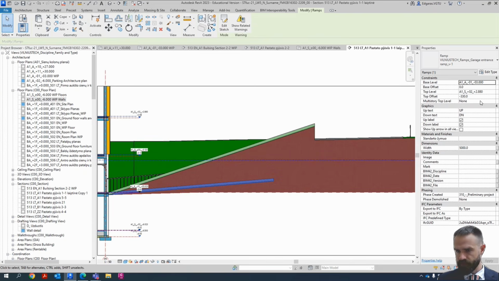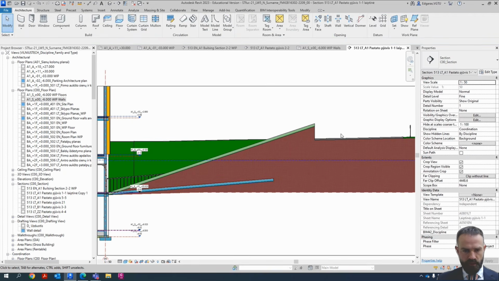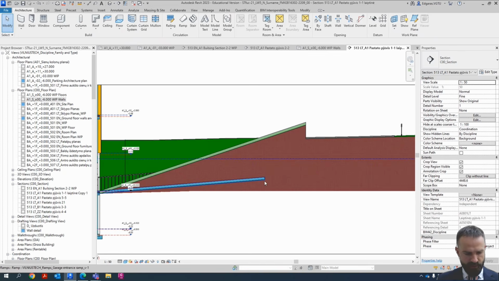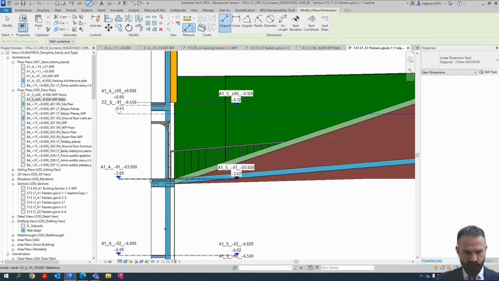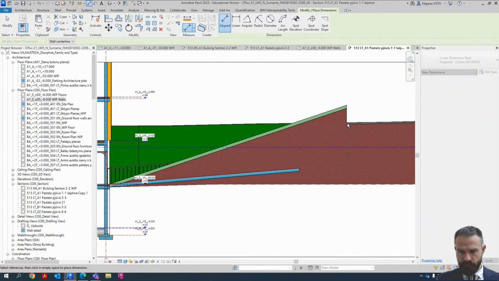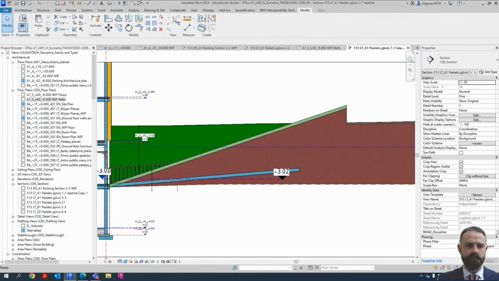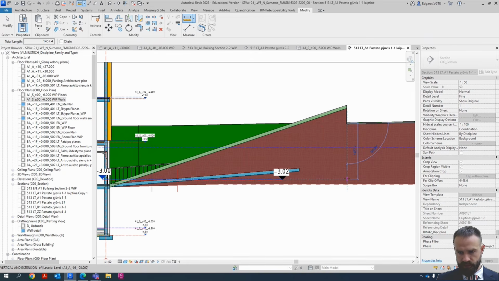So now for my ramp construction, I save to the program. So my ramp goes to the top level will be ZZ level, and then base level this one. And now I need to calculate what is the distance to my road. So in this case, I just use dimension tool and try to check approximate dimensions. Or I can just use measure tool from modify, measure, and measure the distance to this floor. So I see the height is